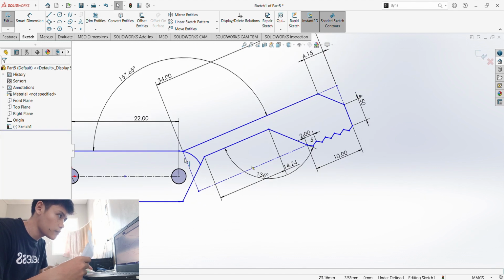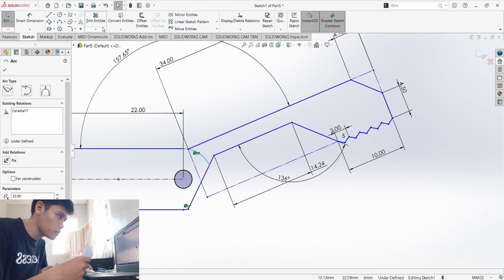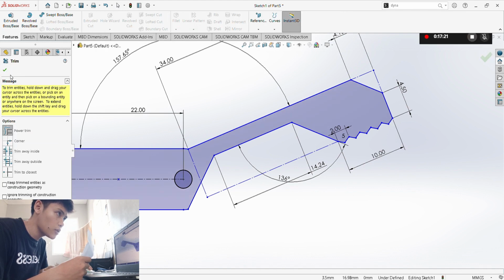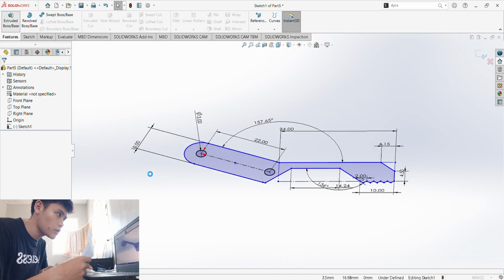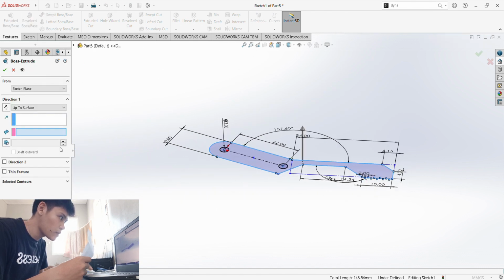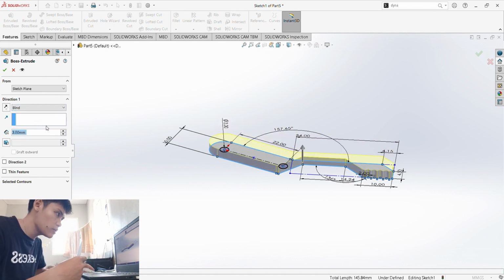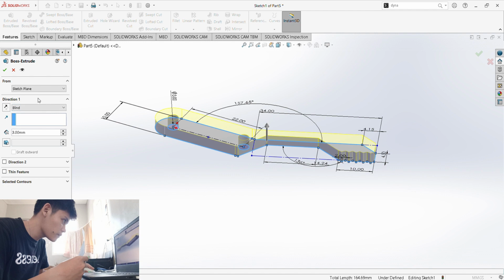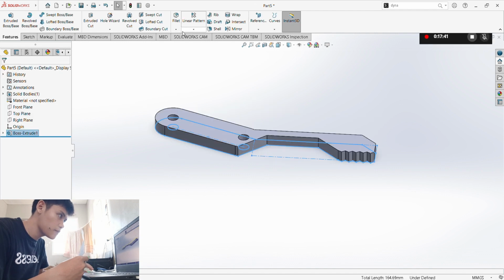And check. And then extrude, trim entities. Then check pictures. Extrude boss base. Select this one right here. We go with blind 3 millimeters. And let's deselect those that we would have to cut off, and check.